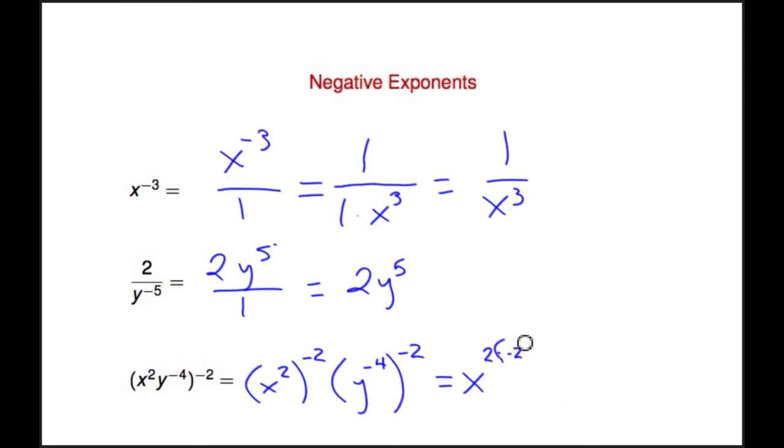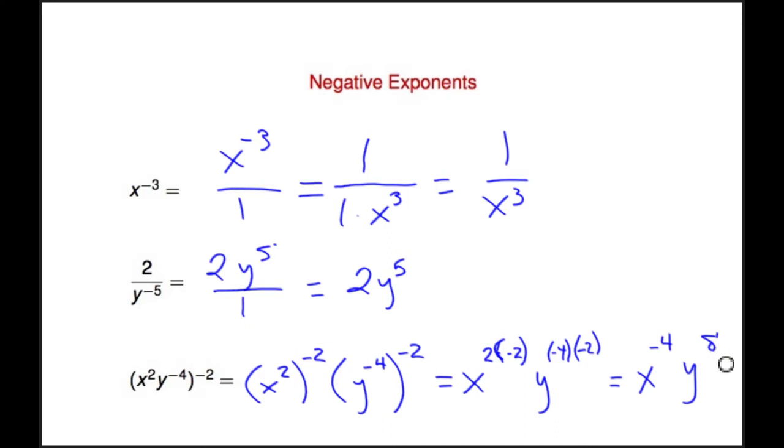Maybe I should just write parentheses. So 2 times negative 2, and then y to the negative 4 times negative 2, which will give us x to the 2 times negative 2 is negative 4, and y to the